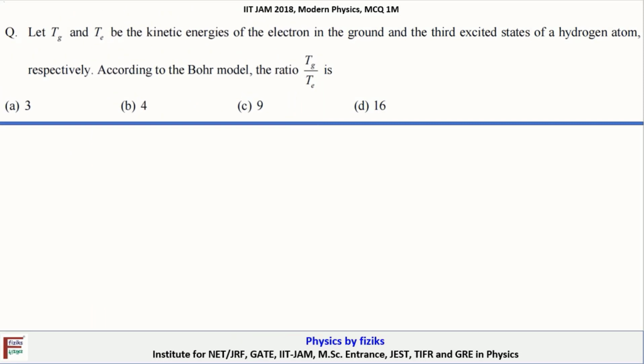We are discussing IIT-JAM 2018 Modern Physics problem. This problem is related with the hydrogen atom. Let Tg and T be the kinetic energy of the ground and third excited state of hydrogen atom respectively. According to Bohr model, the ratio is